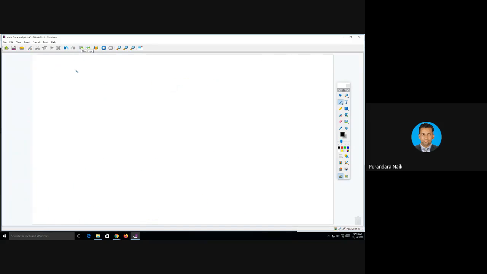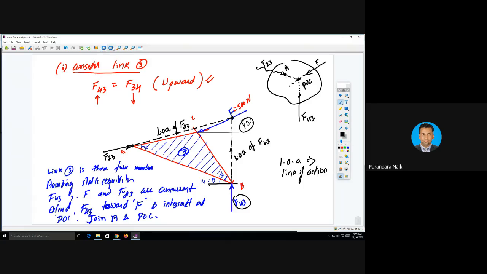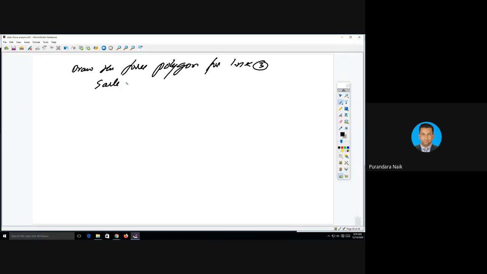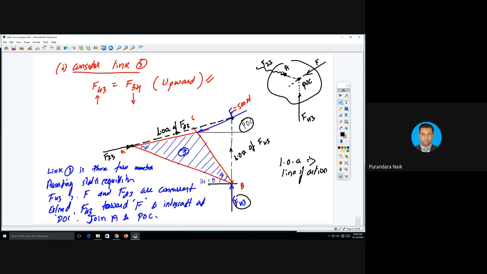Write down. Draw the force polygon. Polygon for what? For link 3. What is the first force? F is 500. Scale: I will take 100 Newton equal to 1 centimeter. What is the first force? So F means,